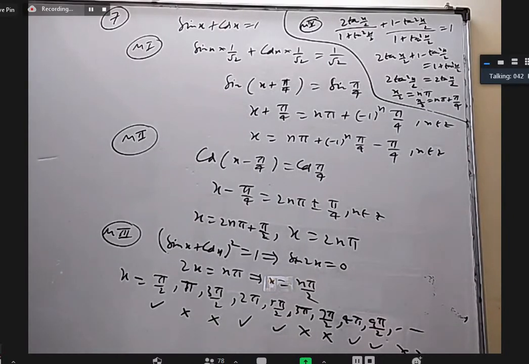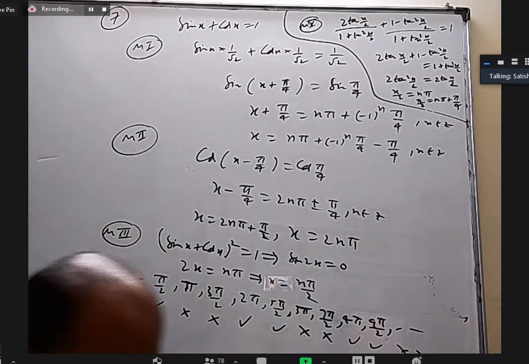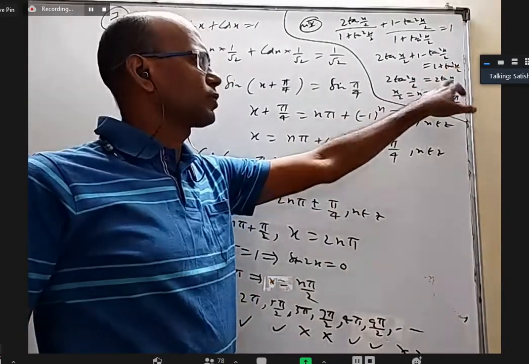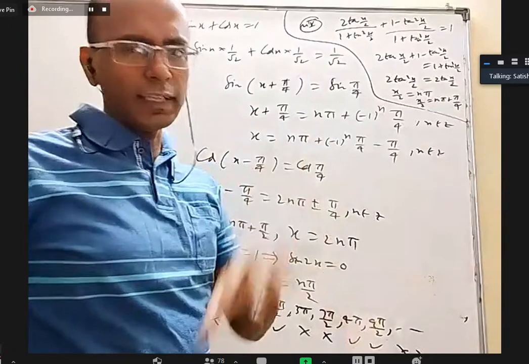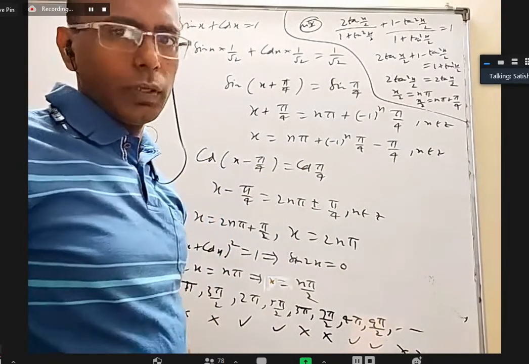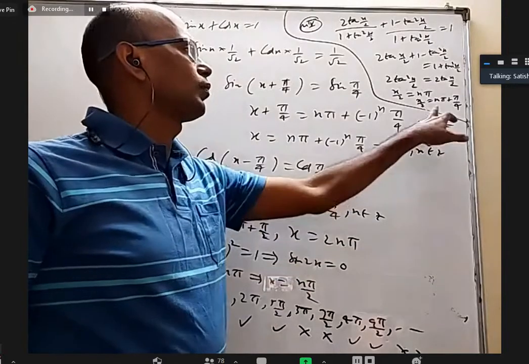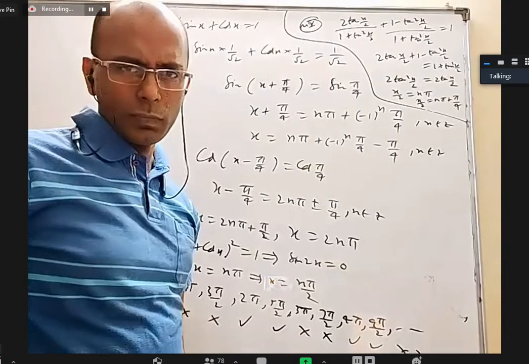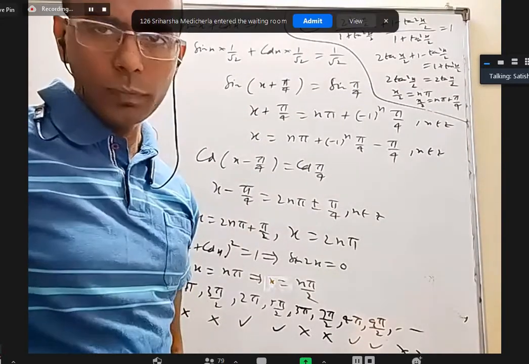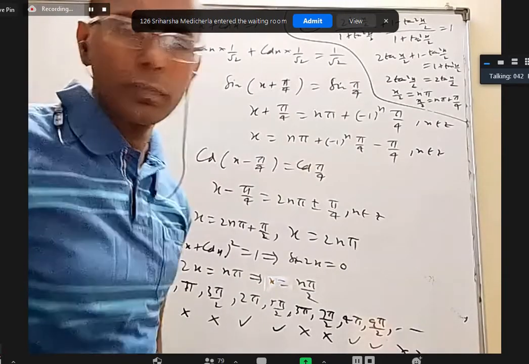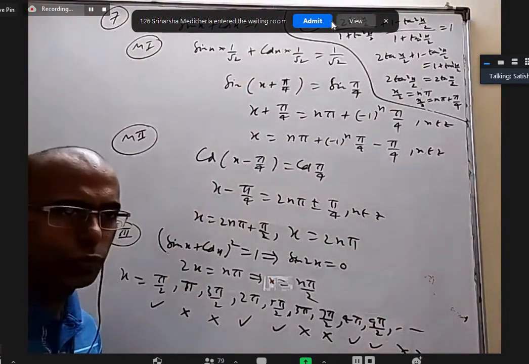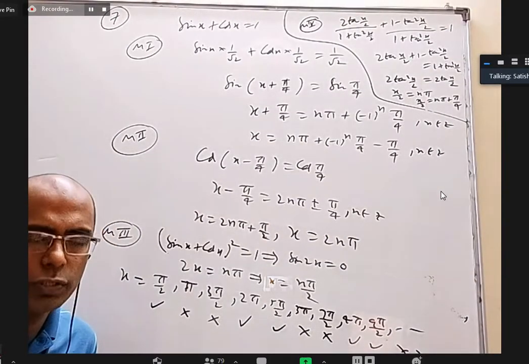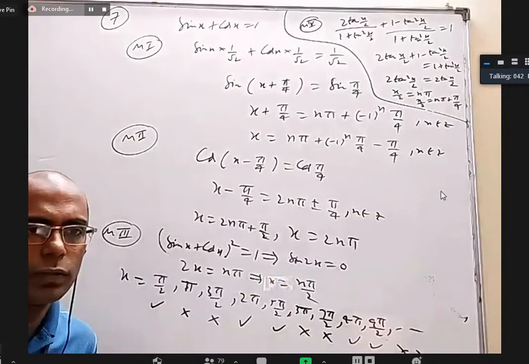Sir, method four, third last step, sir. Okay, I cancel 1 here, brought this tan square x by 2 here, 2 tan square x by 2 is 2 tan x by 2. When I take that, you will get tan x by 2 equal to 1 or 0. When tan x by 2 is 1, we'll get this solution. When tan x by 2 is 0, we'll get this solution. Is it okay? Sir, once again tell, sir. 2 tan square x by 2 equal to 2 tan x by 2. Bring one side and take common. You'll get tan x by 2 is 0 or tan x by 2 is 1. Yes, sir. Now got it.